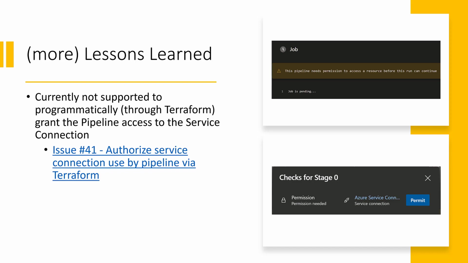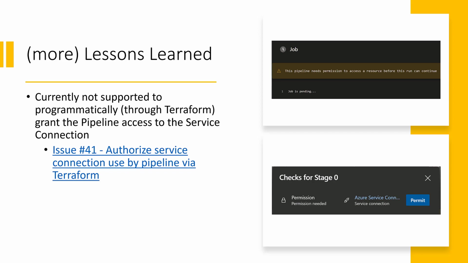And yet more lessons learned. Something else that I didn't show because it requires those YAML files in for the pipeline: currently, it's not supported to programmatically grant the pipeline access to the service connection. So as an example, you have your YAML files in there, you have the pipeline definition there, and now you go to execute the pipeline. The first time you run it, you're going to see this message where it says the pipeline needs permission to access a resource. When you click on that, it shows the pipeline needs permission to access the Azure Service Connection,